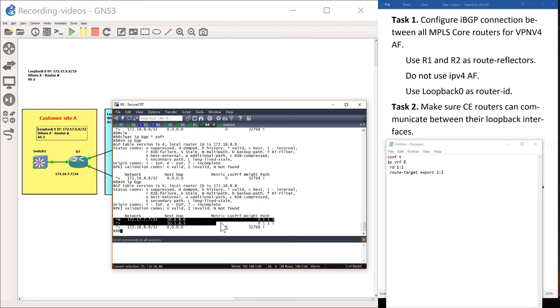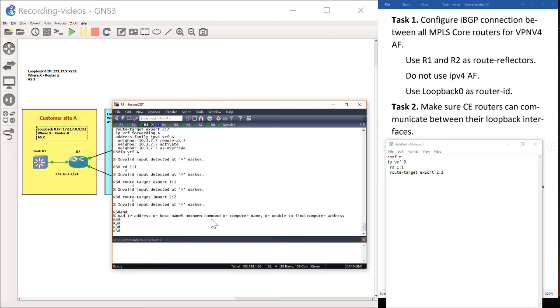And we have both routes, and the only thing that we would need to change is